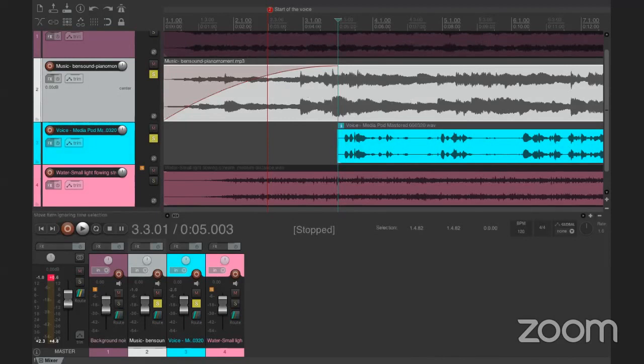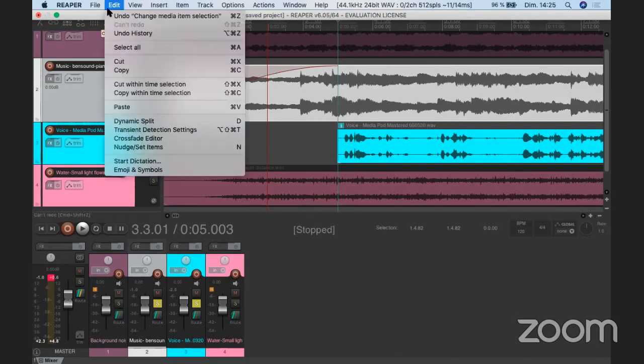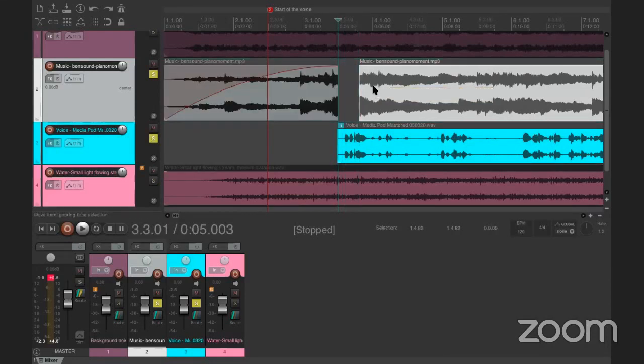We're going to split the item at this point. So what you can do if you want to split, of course, you can click right and do this, or you can just use the S of your keyboard and it's going to split the item. So now, as I said, we have split the music track in two,